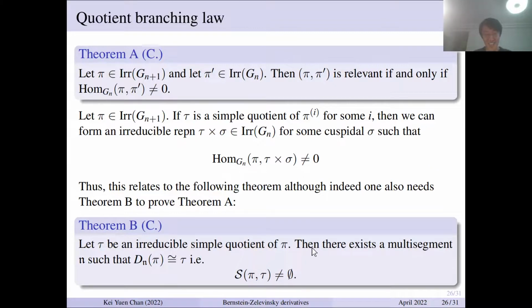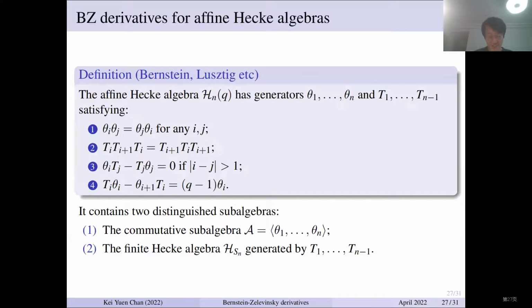So yeah, but in reality, we actually need theorem B to prove theorem A. So the proof there is a kind of interaction between those things, also using those left and right spaces to make it work. So far that is the proof I have. All right, so I don't have much time left.